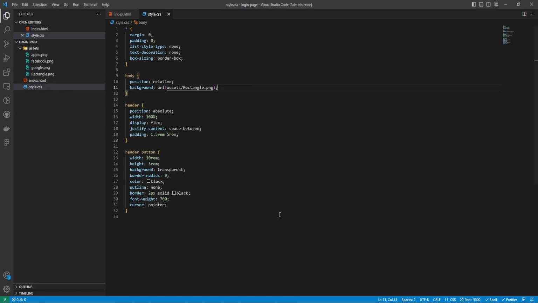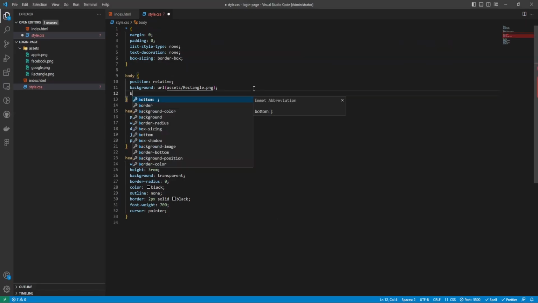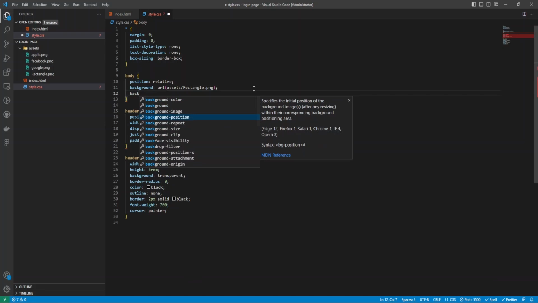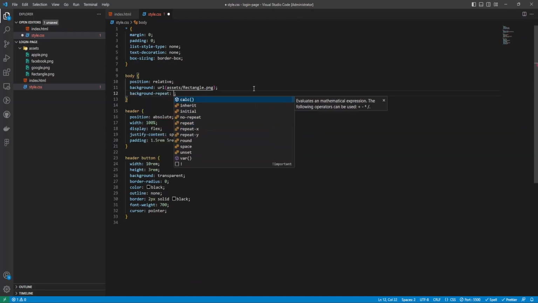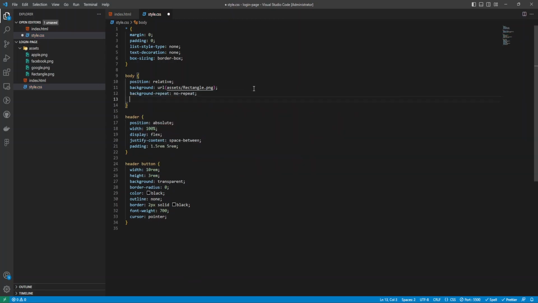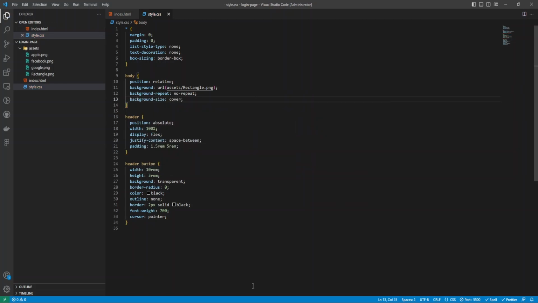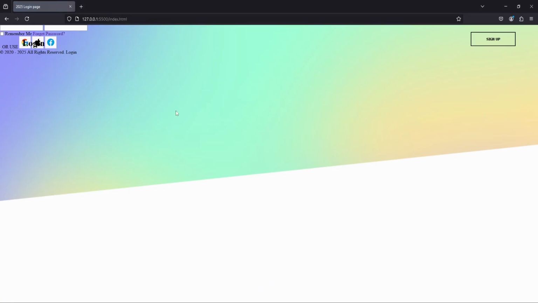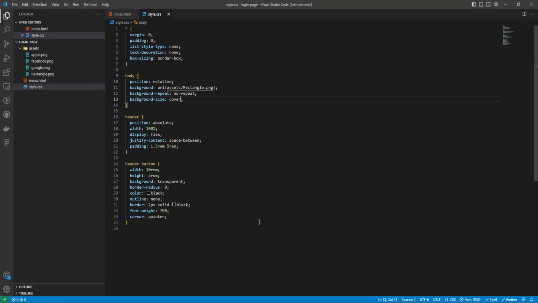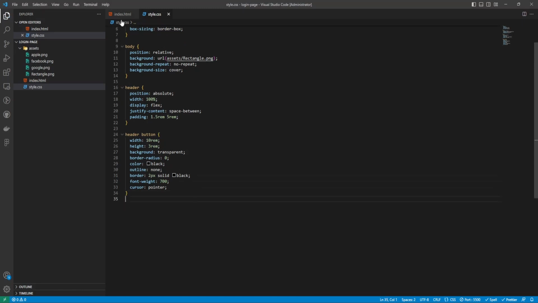This is okay. Now you're going to say background repeat, no repeat, background size, let's say cover, and yes, this is our expected output. So let's move ahead and style our main, which will be here. So let's go ahead,